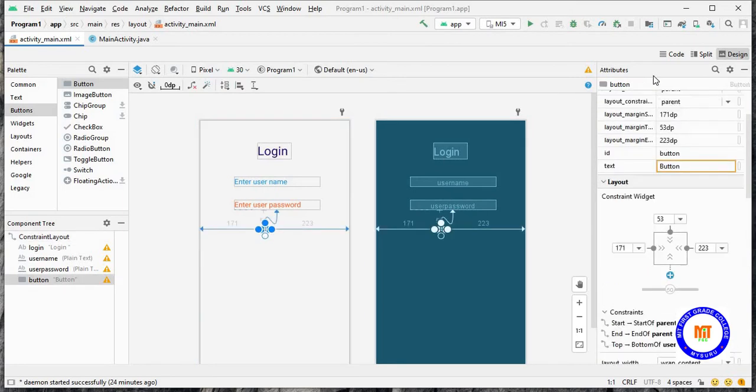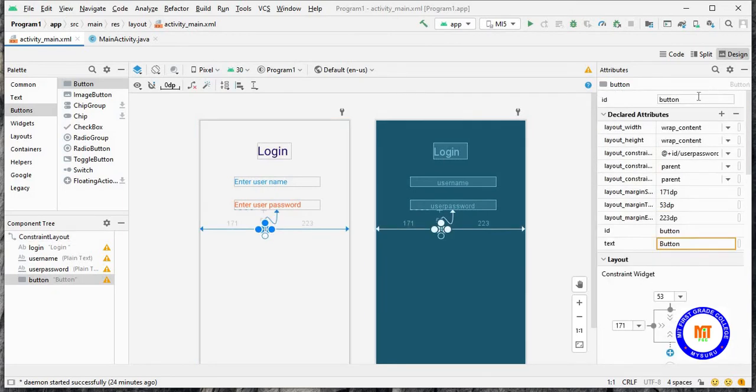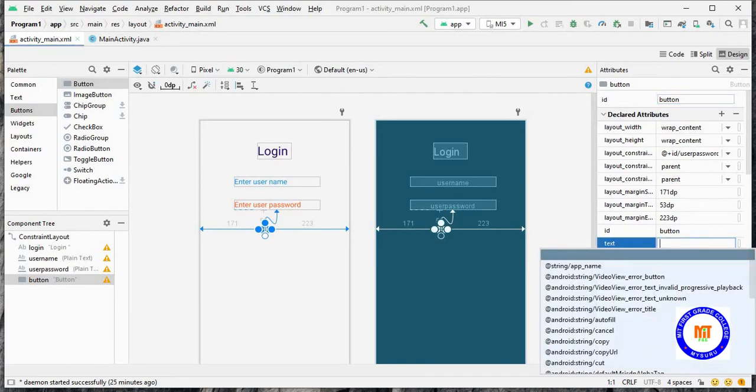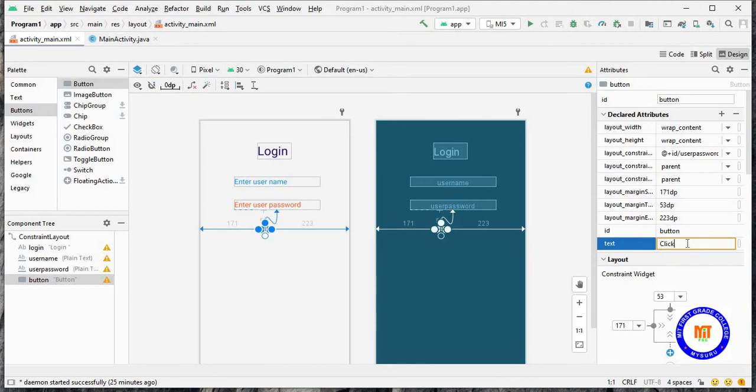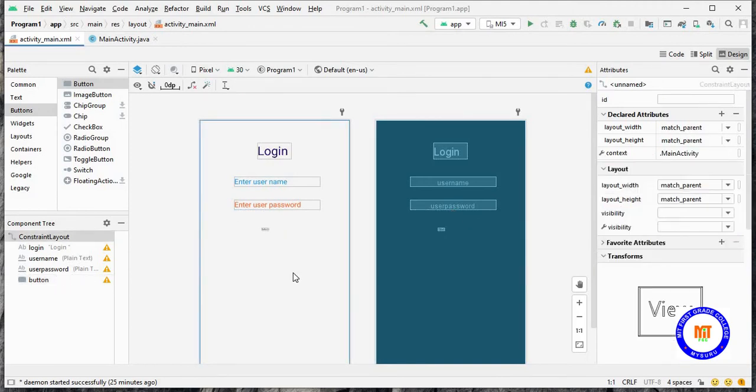Now same as that, you have to change the ID. So let it be button 1 or let it be button itself. Here hint is not required because it is not asking anything from the user. It is just to display the text. So I'll give it as click me. Increase the size.